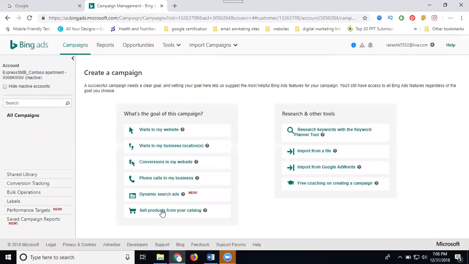Next, sell products from your catalog, meaning category sales. Please note this option. In total, we discuss six types of ads.